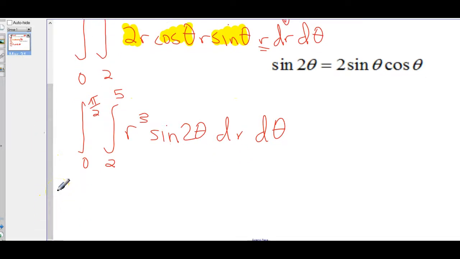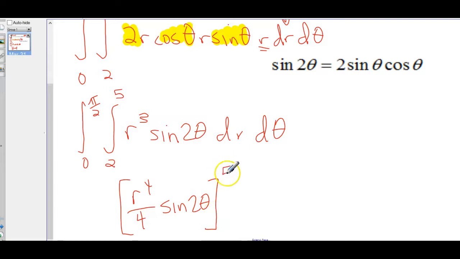Alright, so the first thing we're doing is with respect to r, so this is going to become r to the 4th over 4, and that's still sine 2 theta. It's like a constant when we're integrating with respect to r. Alright, and I'm integrating from 5 down to 2. Alright, and then I got a 0 to pi over 2 here,